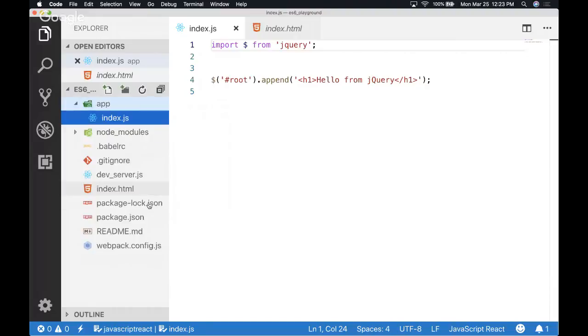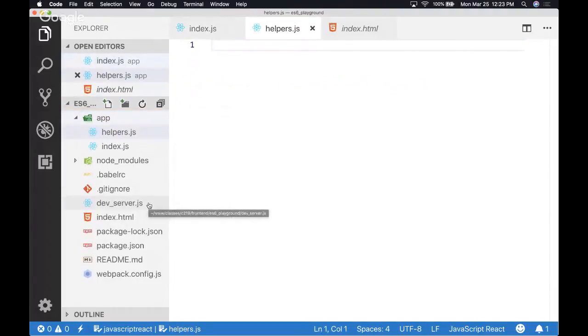Again, it needs to be inside the app folder. All right, and in it, I want to write a little helper function for quickly and easily adding stuff to